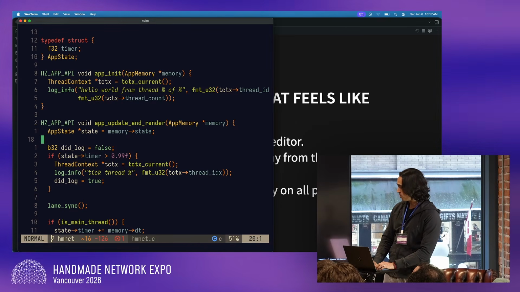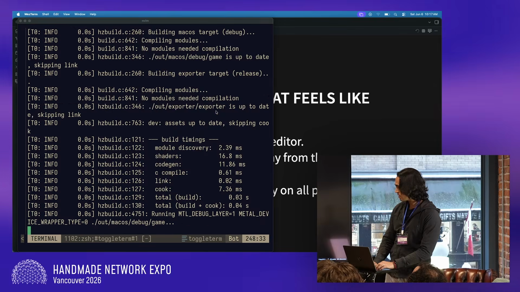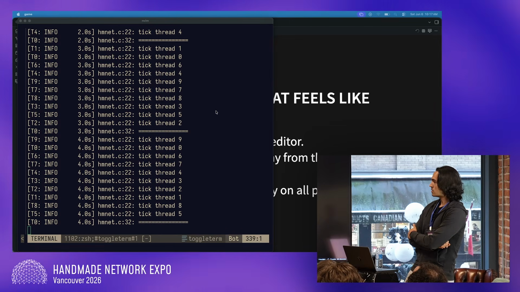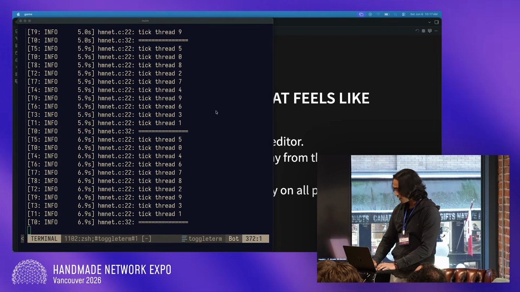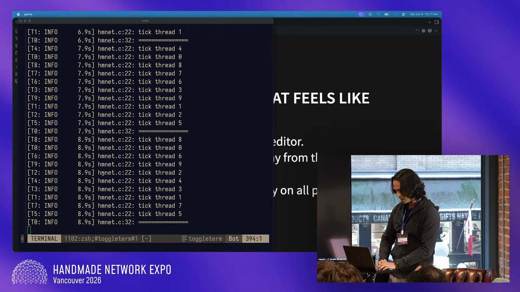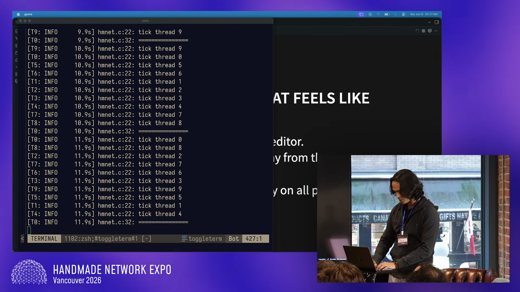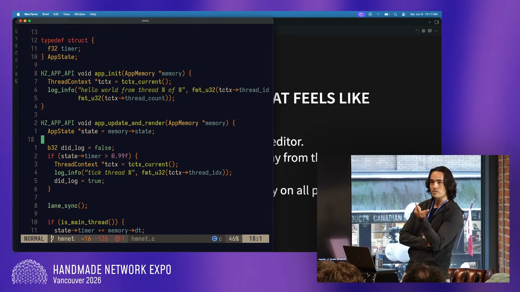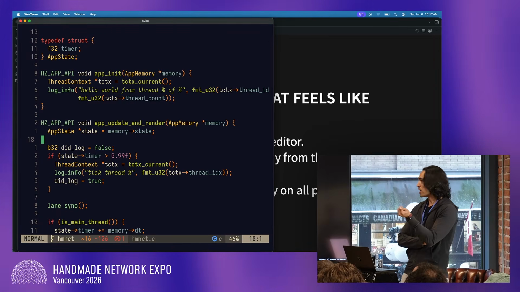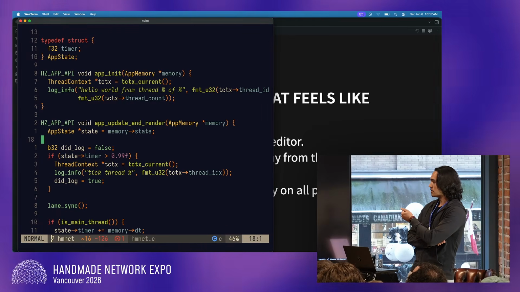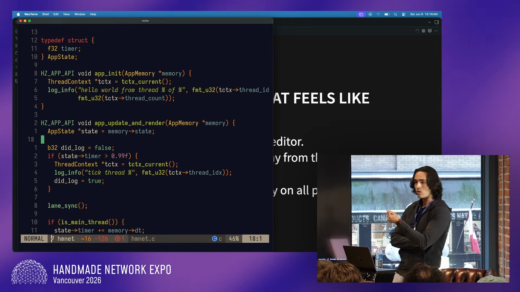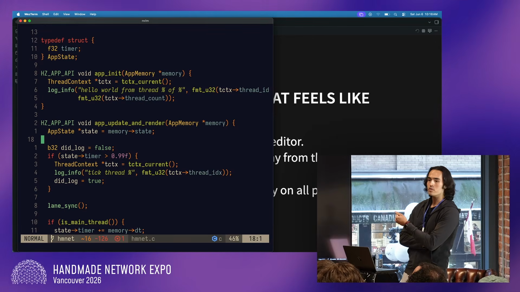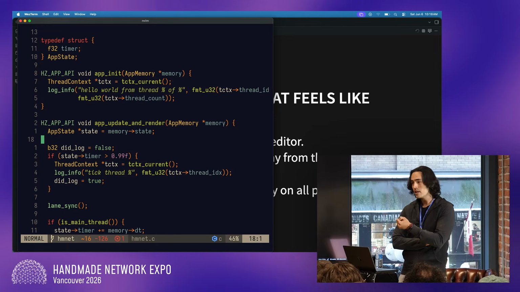And one thing that you might be noticing, especially if I run the code, is that we got hello world on multiple threads. Because of that, I already have someone to thank here, someone who is not here and someone who is, which is Ryan Fleury and Casey Muratori, because last year Ryan released an article called Multicore by Default, which I read and immediately inspired me. I really, really wanted this engine to be multi-threaded in user space.